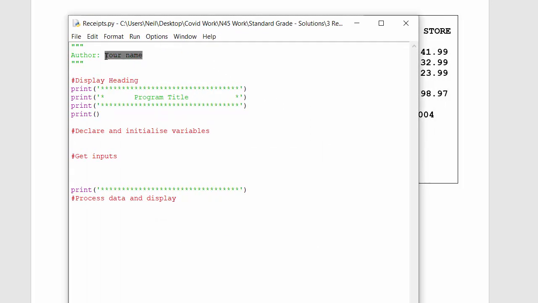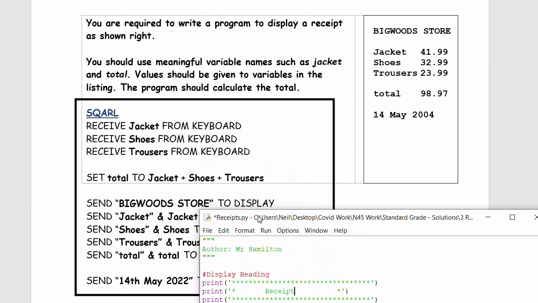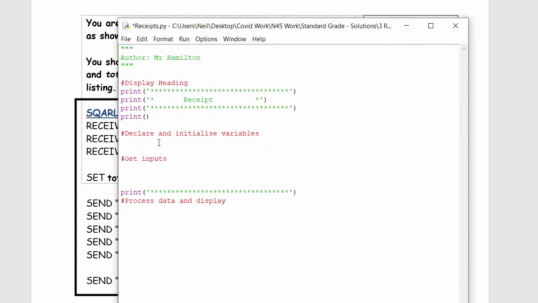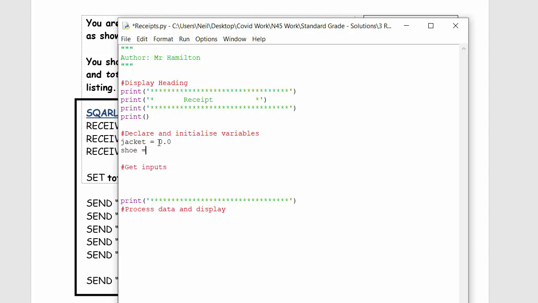put a name on it as per normal, and we'll call this one receipt. So it's just asking for specific items. Each item is going to be a separate variable. So it's asking for jacket, shoes and trousers. So we need to initialize these. So we're going to go jacket, and it might have a decimal point in it, so we'll just initialize it to a floating point number. Same with shoes, trousers,